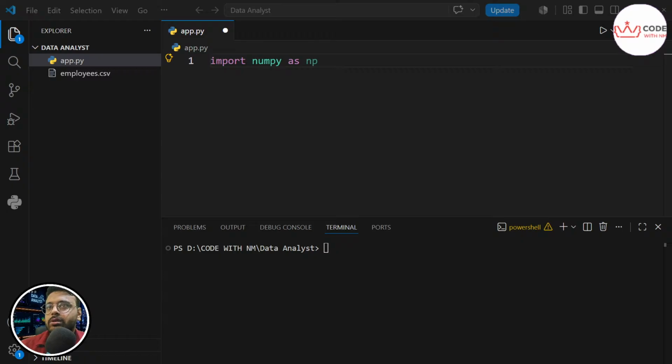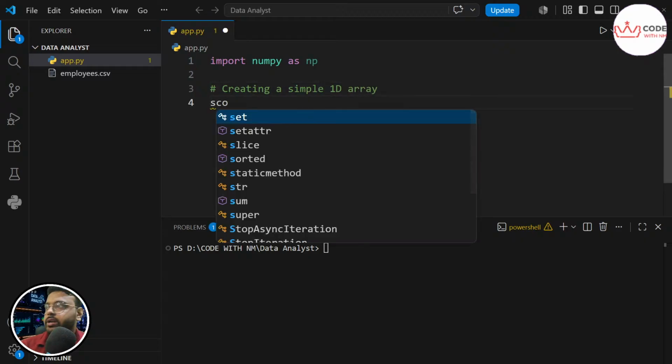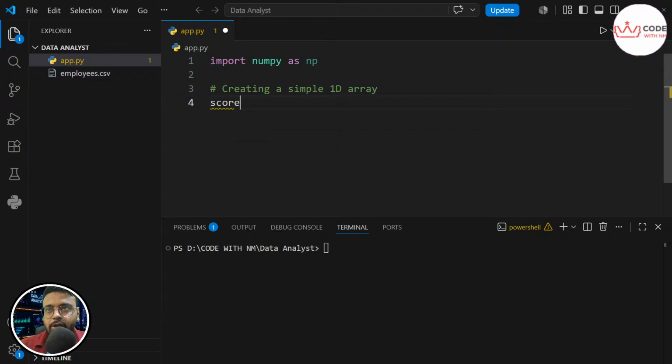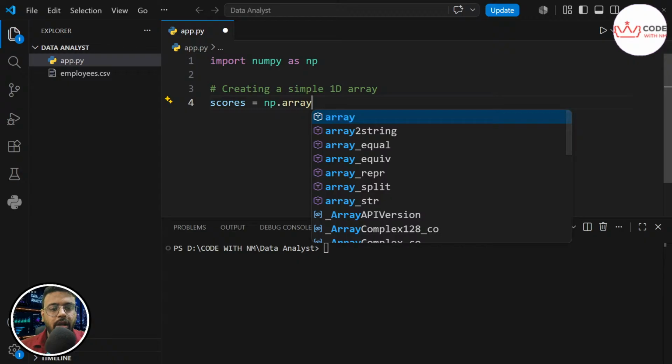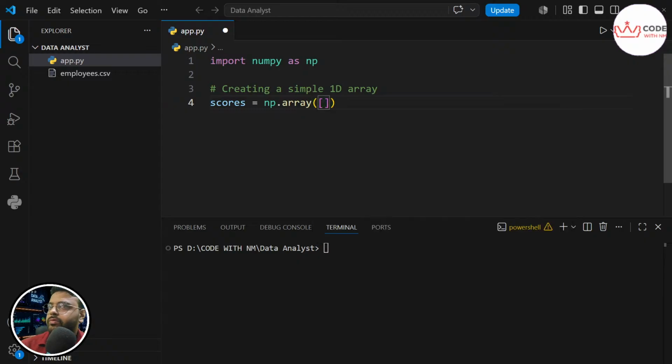Let me add one comment for you all to understand: creating a simple 1D array. And let's start coding. I will be creating one variable named scores, with np.array, and let's have a few values inside it.